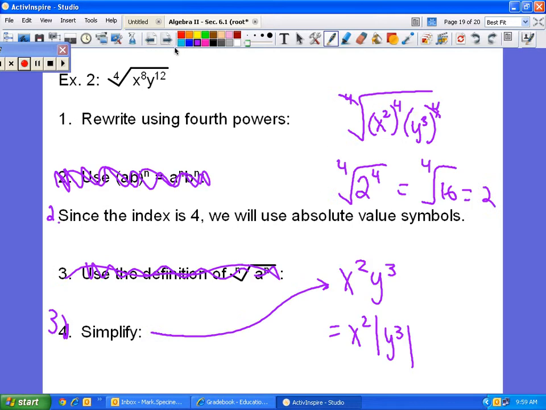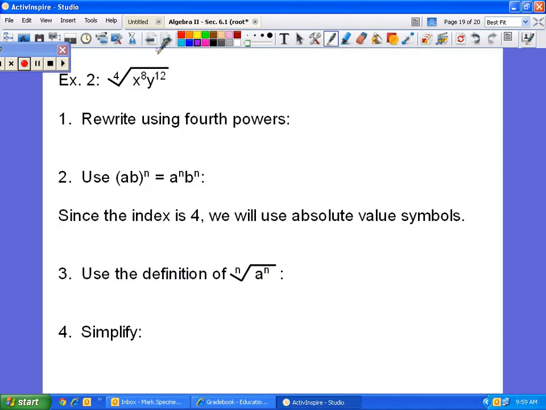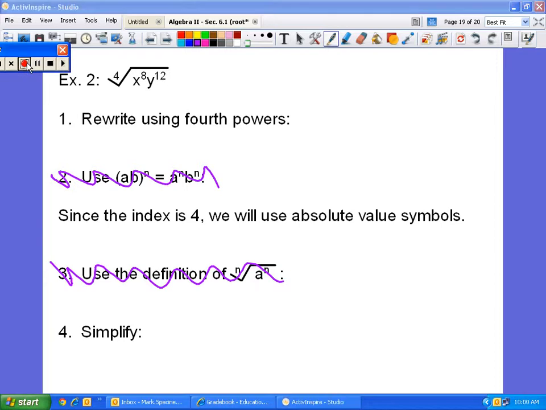Oh, that was a scary one. Wait, I'm so confused on how you got that. Okay, so this one,